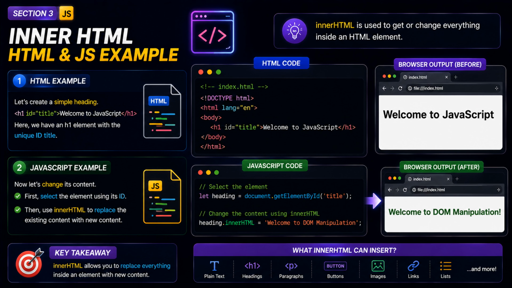HTML example. Let's create a simple heading. <h1 id="title">Welcome to JavaScript</h1>. Here we have an h1 element with the unique ID title. JavaScript can easily select this heading. JavaScript example. Now let's change its content. let heading = document.getElementById("title"); heading.innerHTML = "Welcome to DOM manipulation";